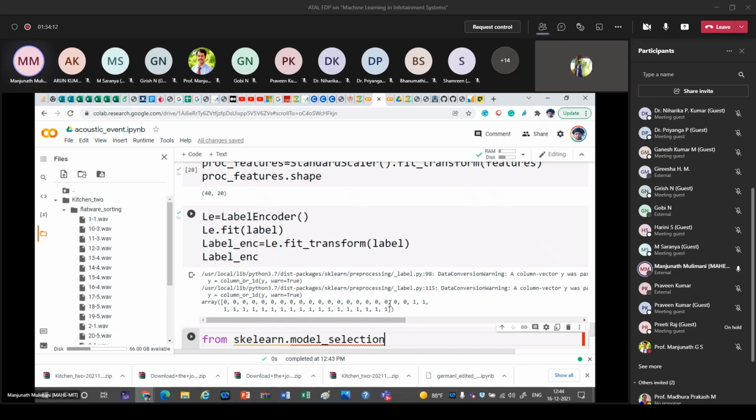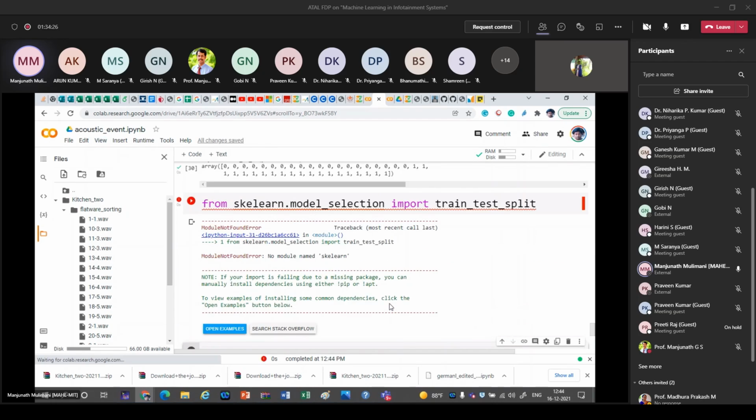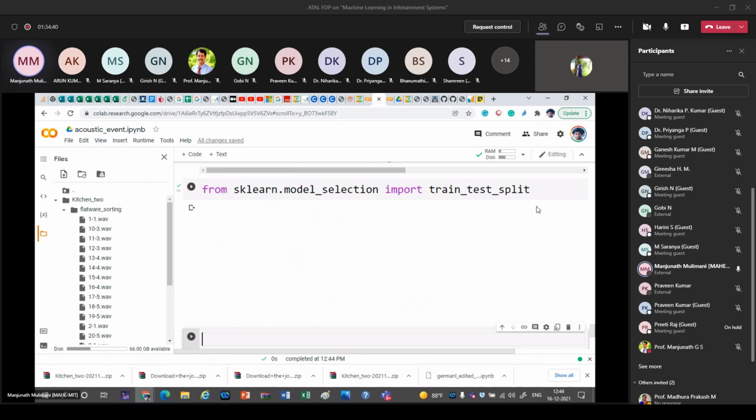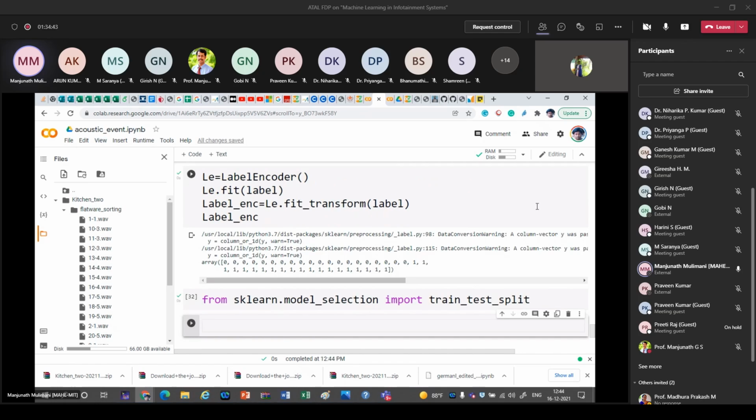From sklearn.model_selection import train_test_split. No need to write any explicit code for that. Sorry, it is sklearn. Yes, I now have the train test split function, so we will just use it. And if you use train test split, then it will create